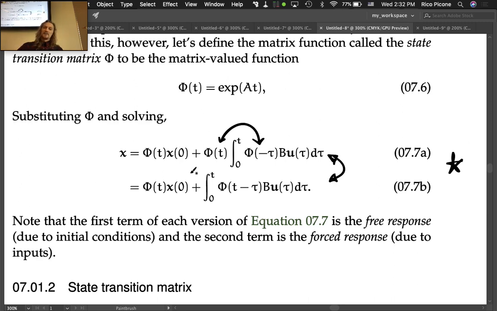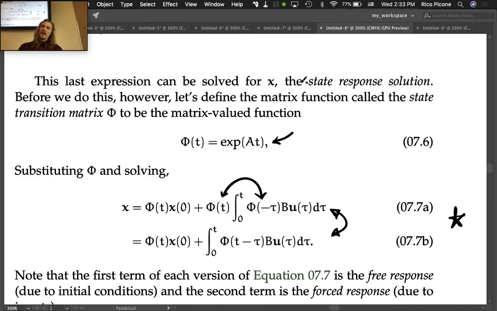When you look at this, you say, oh, okay, B. I know my B matrix. I have my input, which is always given. So I can't integrate this directly until I know what the form of the input function is. But if I know what the form of the input function is for a given problem, which I will, I can do this integral. The only thing that's unknown here is the state transition matrix when you start, which is defined as this matrix exponential, which is defined as